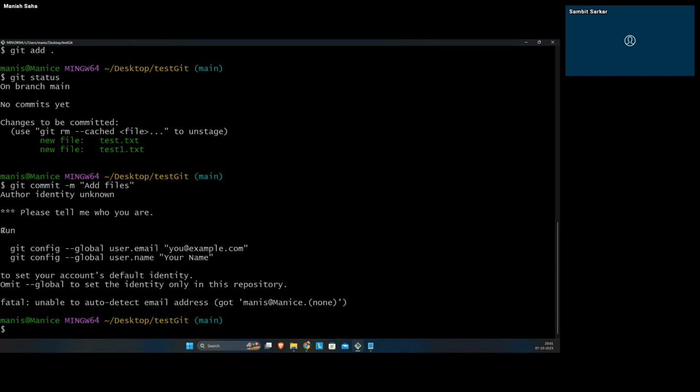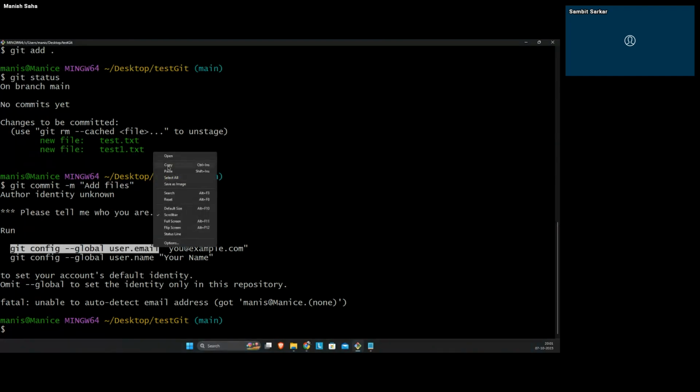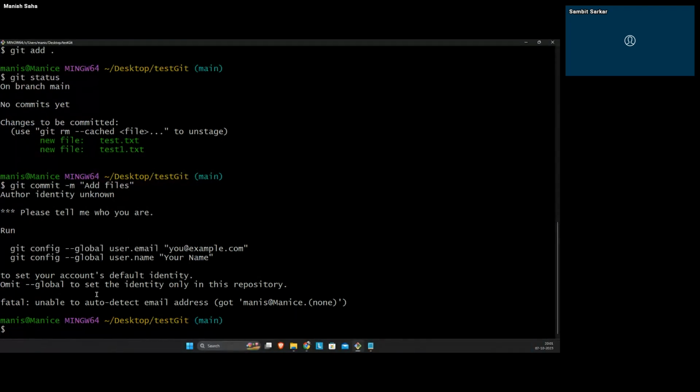So when you do git commit add files, and if you are prompted with this thing, just copy this up till here. Let's copy it. In Windows or in any operating system, when you are in the command line, you need to press Shift Insert or Control Shift V rather than Control C, because in the command line Control C doesn't work. So just press Shift Insert, and this will